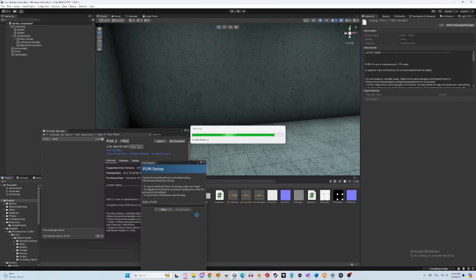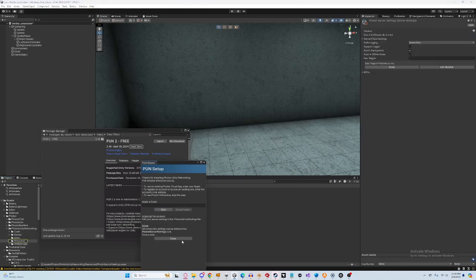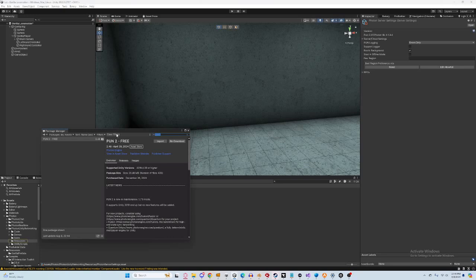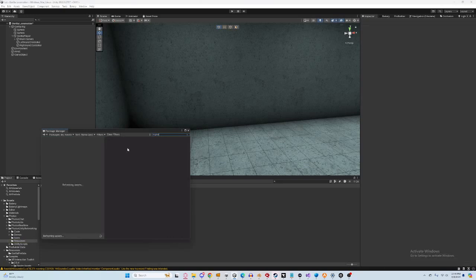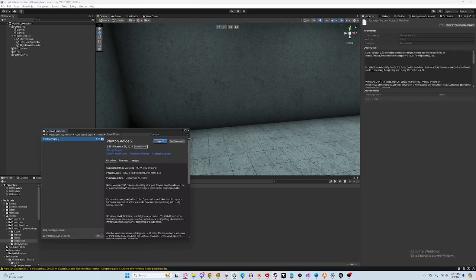Wait for this to compile for the anti-hand phase. See this? Click Skip. You don't. Yep. Then search up Photon. Photon Voice 2. Click Import, and then click Import. Also, go online and search up Photon VR, and you should see a thing for GitHub. Click it, and then what you want to do is